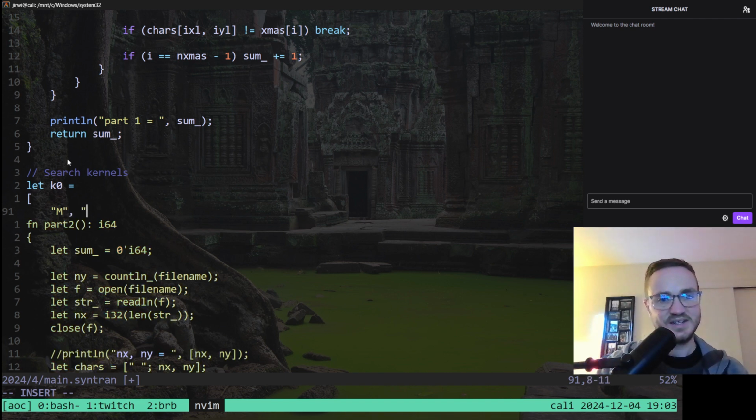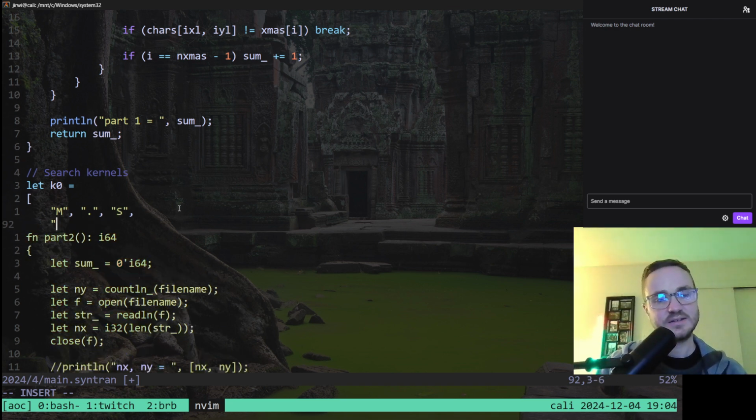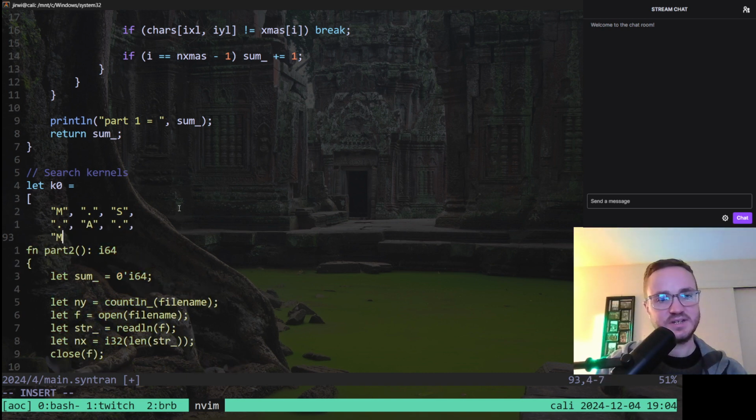But we're gonna have a dot. We're gonna pretend this is regex, so dot can be any character. This would be S, I think. This is a dot, A in the middle, dot, M. We're gonna do the sideways one. Dot